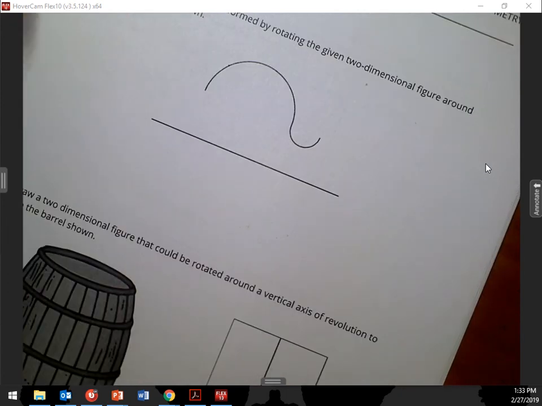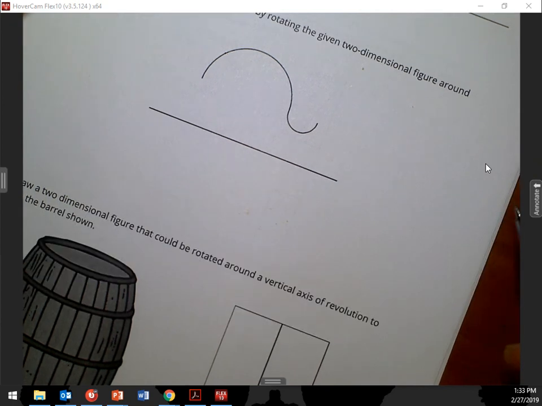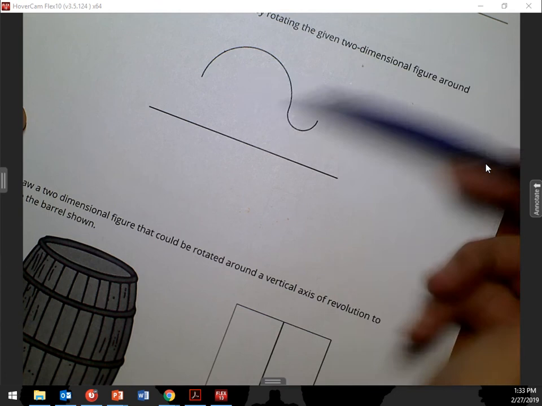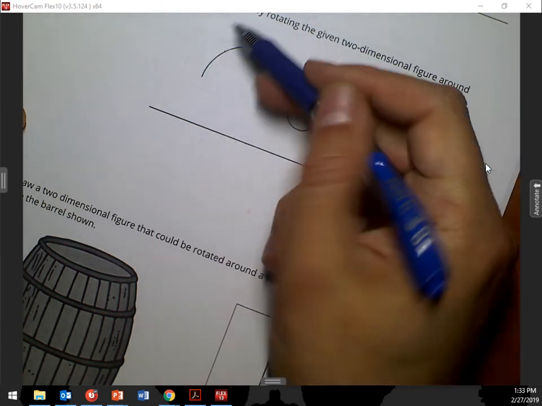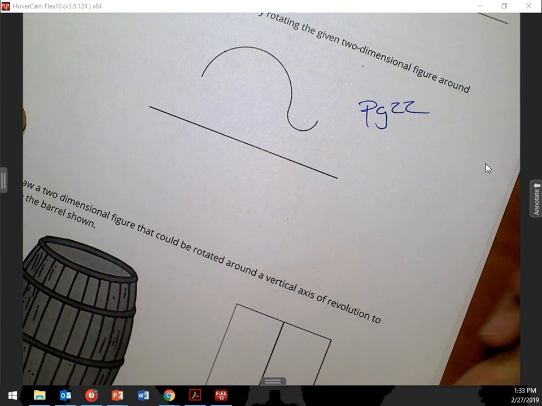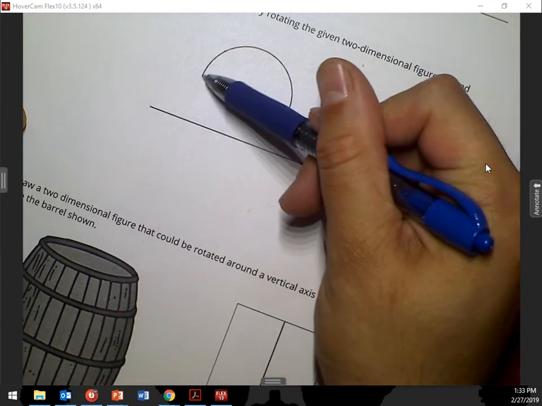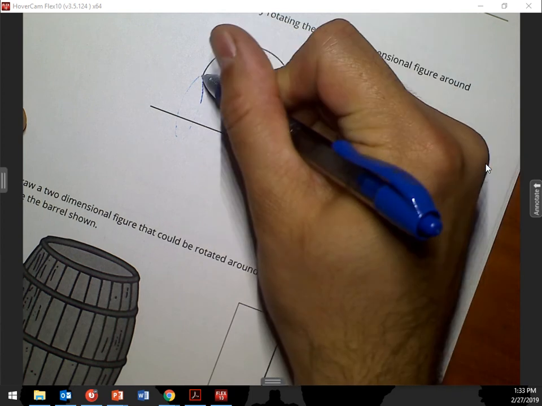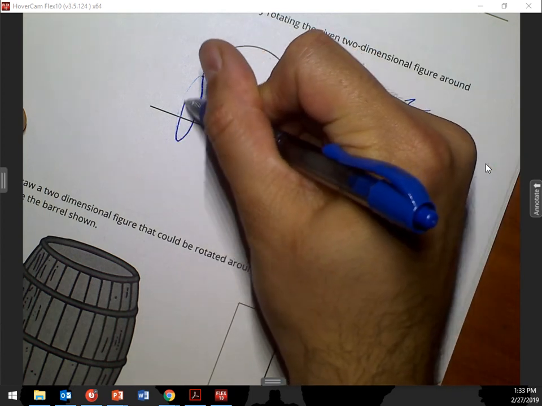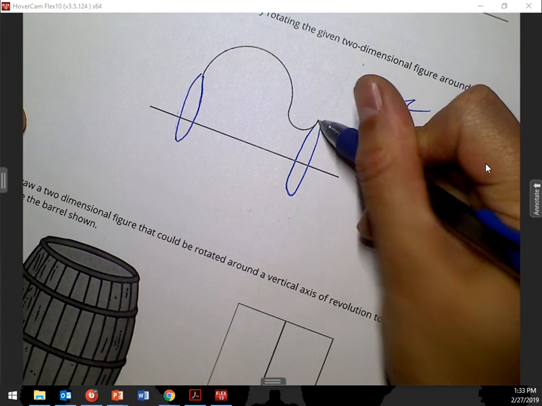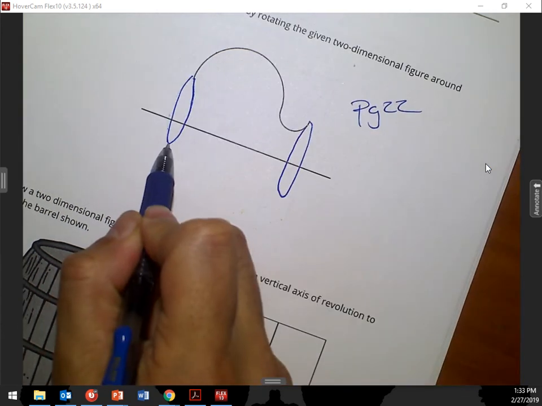Now, this one right here, what page was this in my notes? Page 27. Okay, this said sketch the volume, rotated it, right? It's going to be just like this. So what I'm going to do is I'm going to rotate this way. And rotate this way. So from here,